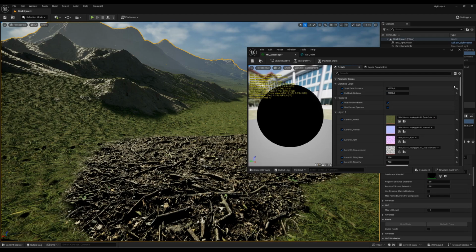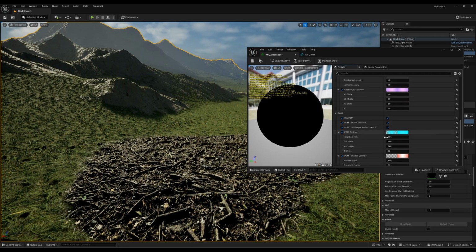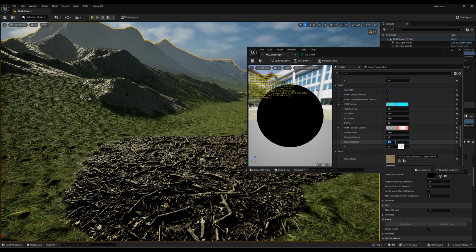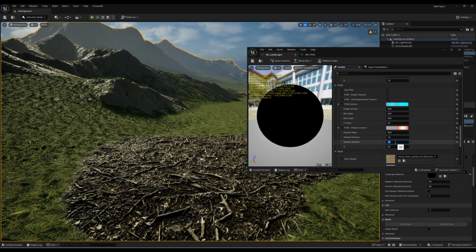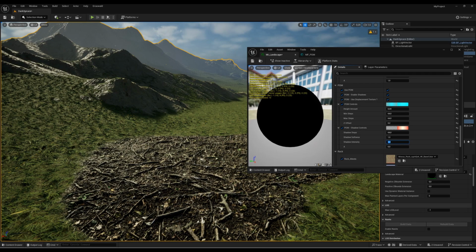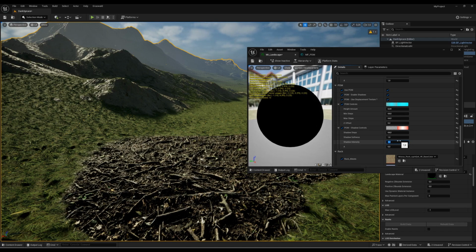Now let's play with the POM again. So shadow steps, 64, shadow softness. Here you can get it sharper. Maybe you want to have something like that. So this is without any parallax occlusion mapping shadow. And here you have additional shadow. And you can see how perfect that is. One might be a little too much, but you can use one, but just get your light vector